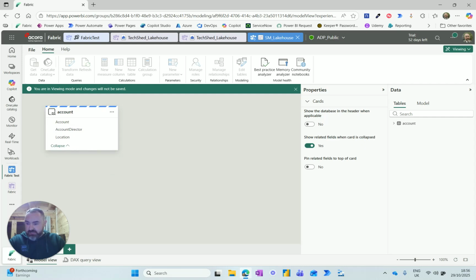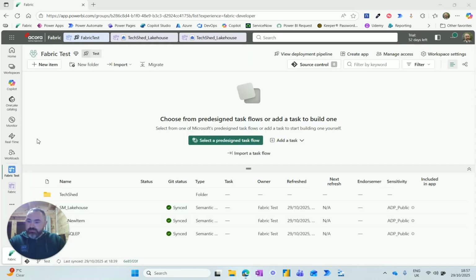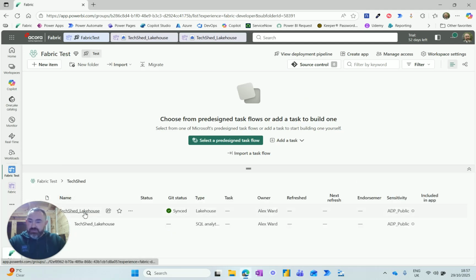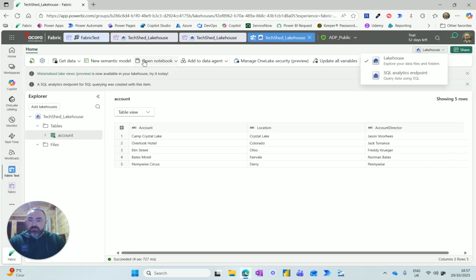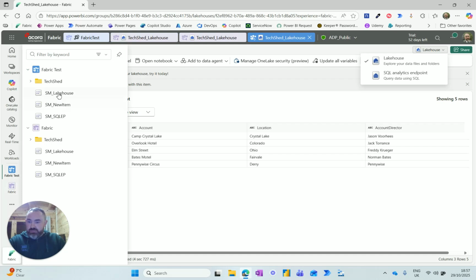So let's go back to the workspace. So we need that model to point to the lakehouse in test. So open up your lakehouse, and what you need is the workspace ID, which is the first part, the first GUID, and then after lakehouses, you want the item GUID. And if we go back to the workspace,